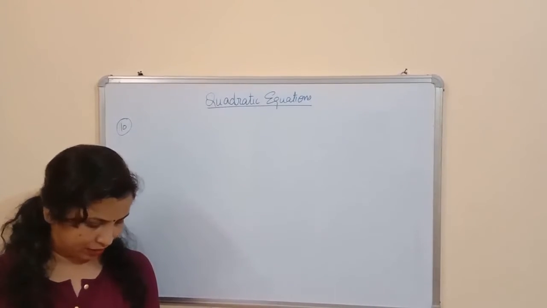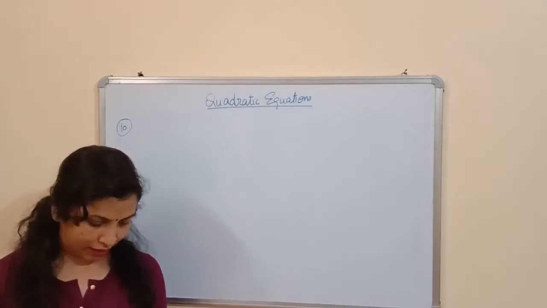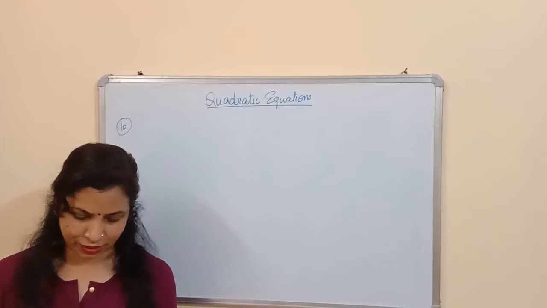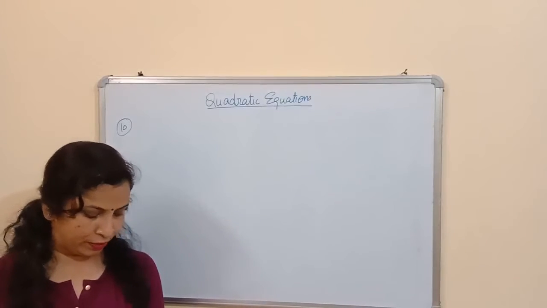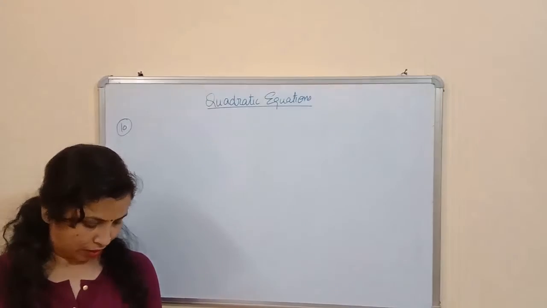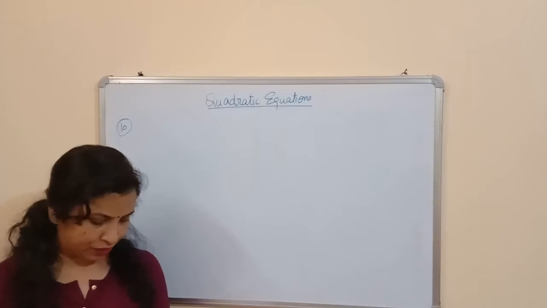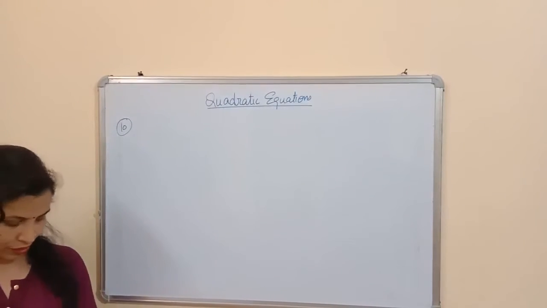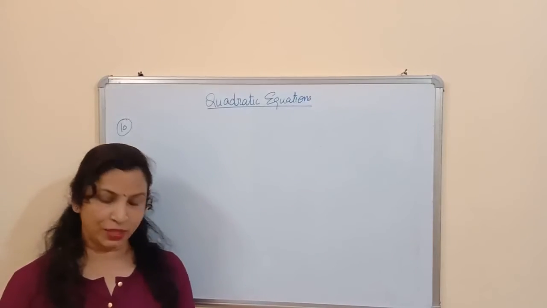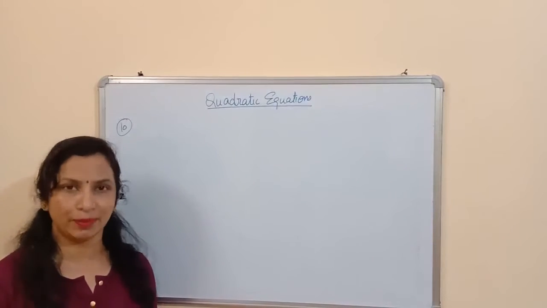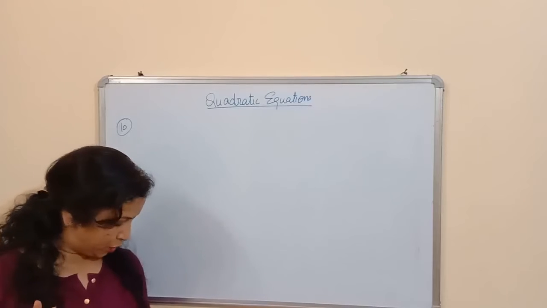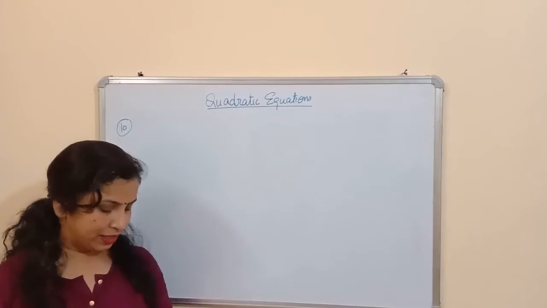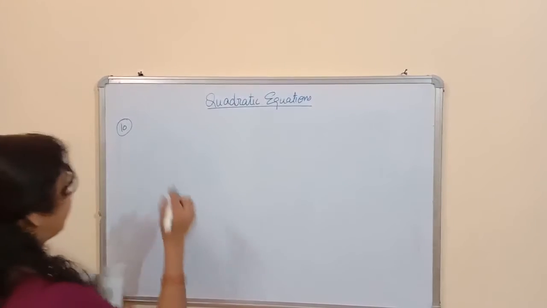Question number 10. An express train takes 1 hour less than the passenger train to travel 132 km between Mysore and Bangalore, and the average speed of the express train is 11 km per hour more than the speed of the passenger train. Now again I explained to you that in such type of questions we find out the time, which is equal to distance upon speed. So you will say, let the speed of the